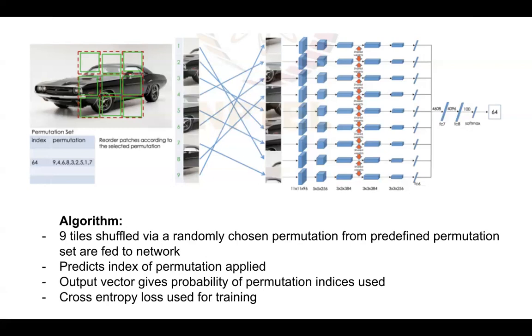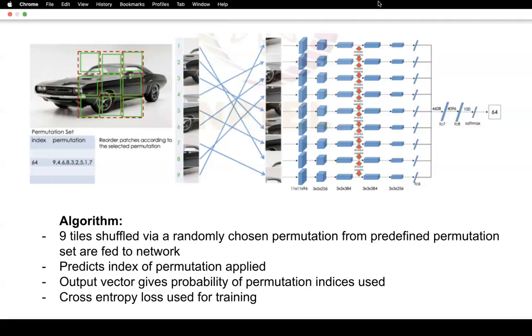Let's say there are thousands of permutations. The output layer will be 1,000, and in each iteration, it will give which permutation has the highest probability. It doesn't have one unit at the end. The number of units in the end layer is equal to the number of permutations in the permutation set. Okay, cool.